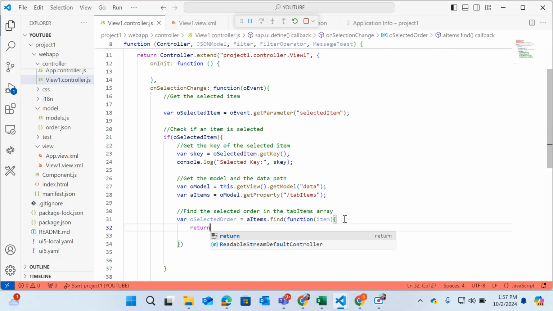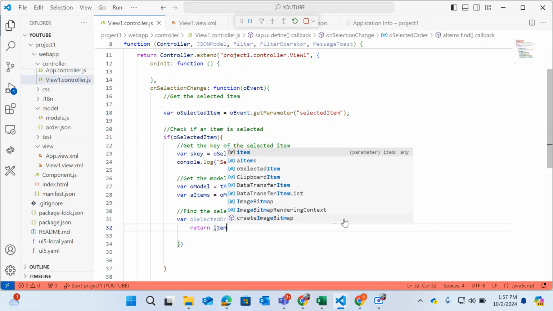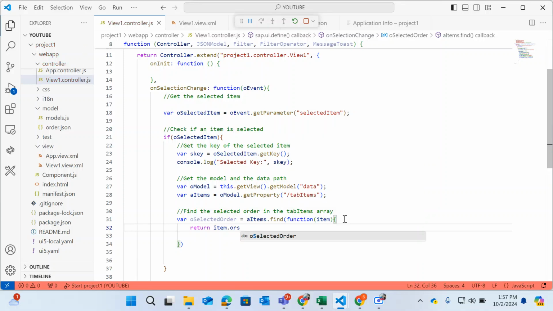Then you need to return item.order as key. Now I need to match the key with the